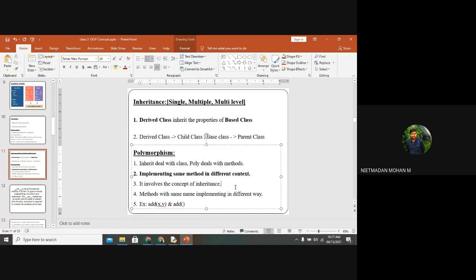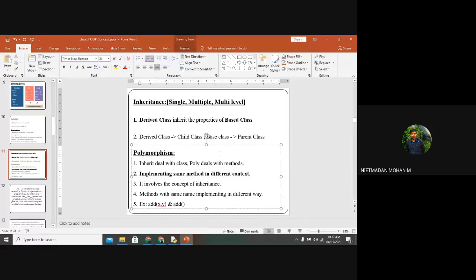It means, suppose I am giving two functions, add of x comma y and add. What does it mean? What is meant by add of x comma y and add?